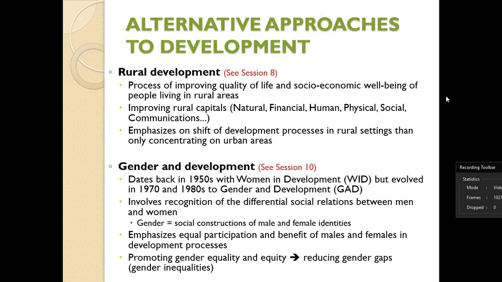So to be able to help these rural areas to also attain better standards of living, there must be some improvement in terms of natural capital, financial capital, human capital, and communications. You could also help this through rural electrification, whereby if you extend electricity to rural areas, then people can establish their rural-based factories, industries or businesses, to be able to have a better standard of living, just as the urban population are also